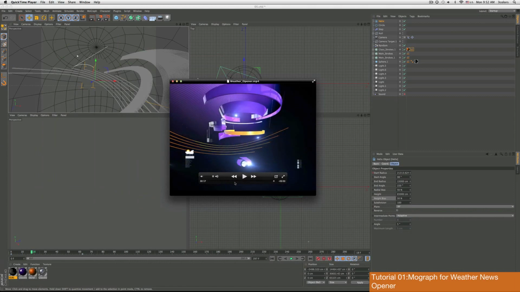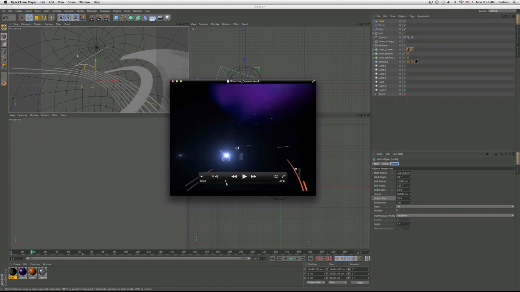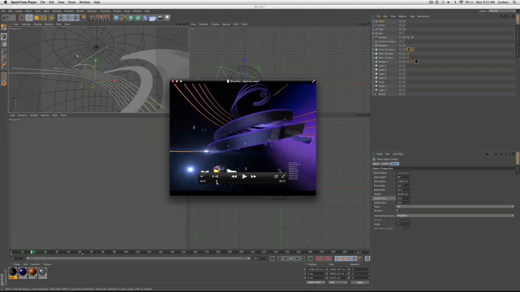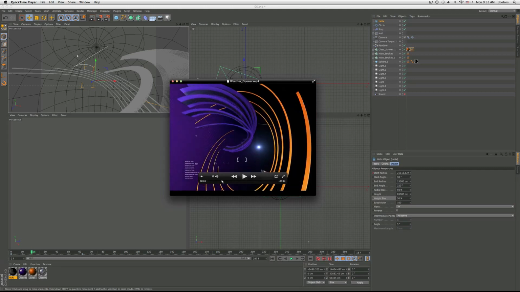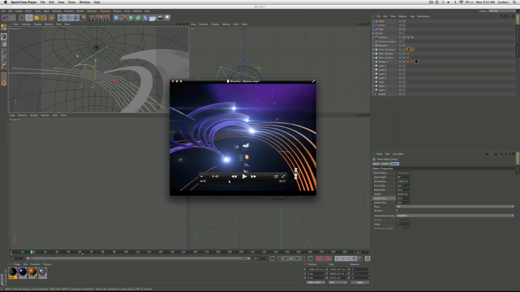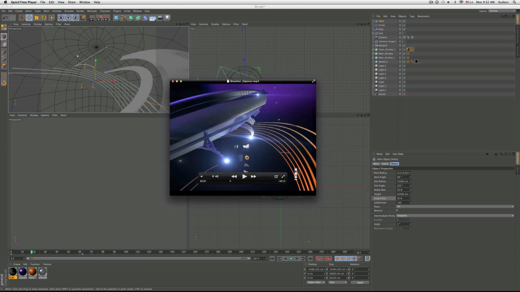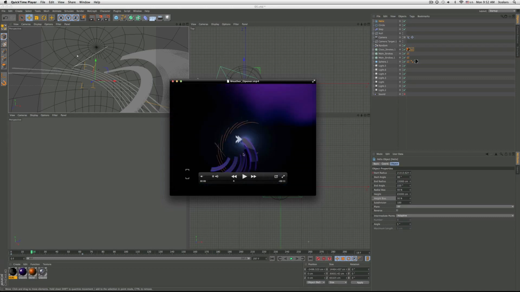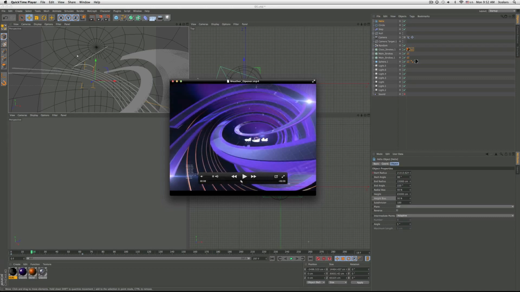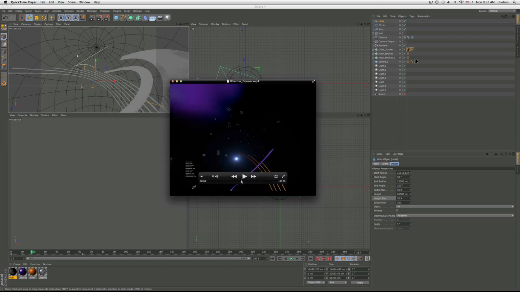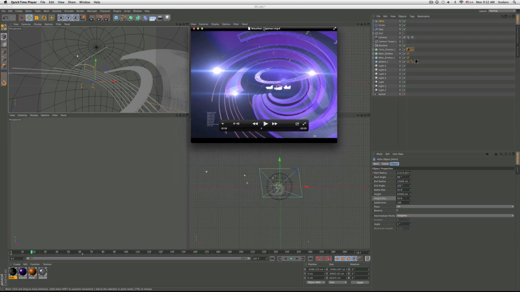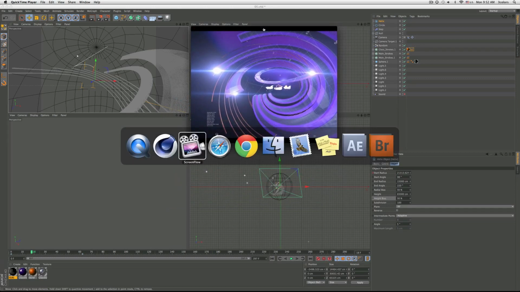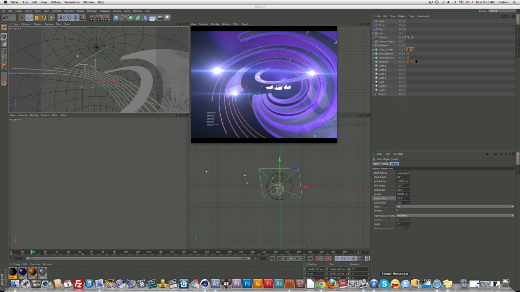What I want to talk about is how to make, in a very simple way, these lines going from top to down, or from left to right, right to left, and what the idea was behind making this short weather news opener. Before I started making this weather opener, I started to search on Google